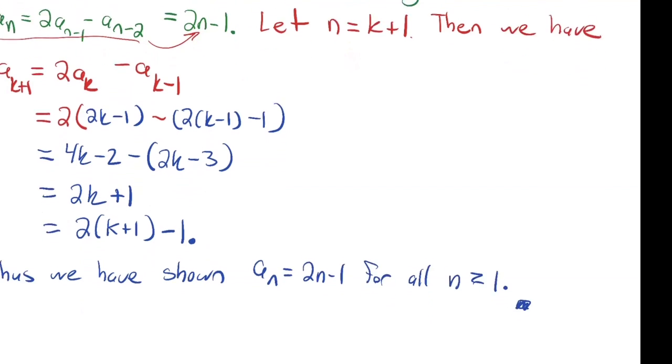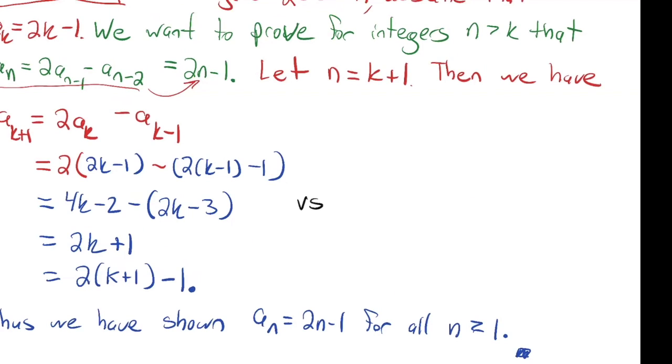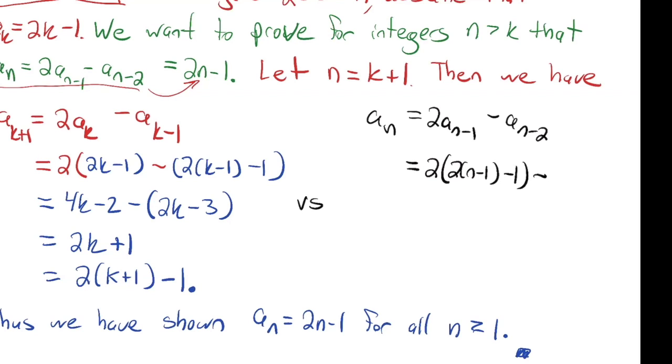And so when you're doing these, you should just do it one way. But if you're curious to compare side by side, what it would look like if I did it with n's instead of k's, I would get something like this. And it's the same idea. Now we realize n minus 1 and n minus 2 are both smaller than n, so we could use the induction hypothesis, where I'm plugging n minus 1 and n minus 2 into the induction hypothesis. And then this would give us